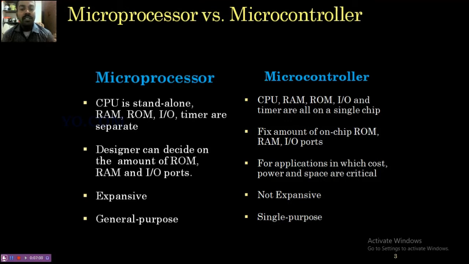So these are the large differences between the computer and the microcontroller. The microprocessor is expensive because all the things come together. If you purchase one laptop, it is from 20,000 to 1 lakh and more. That is very expensive. But if you purchase one microcontroller, that is just 500 to 700. You can add some interfacing with the microcontroller and do some project by using it. It is the cheapest one.